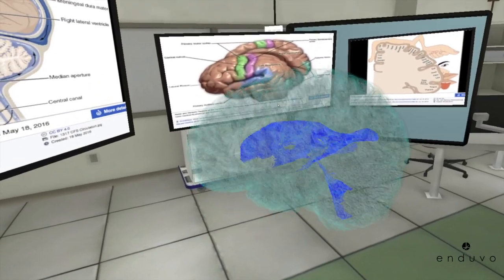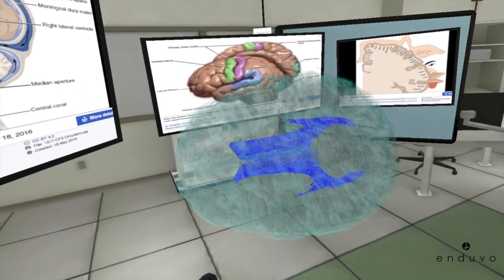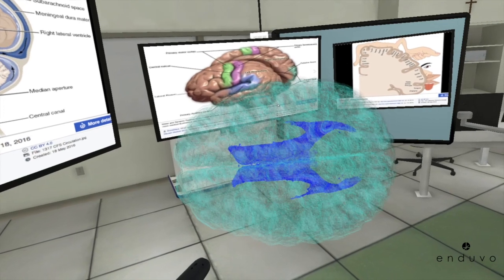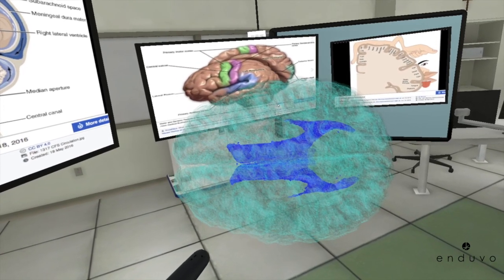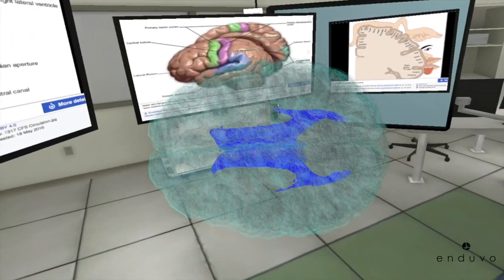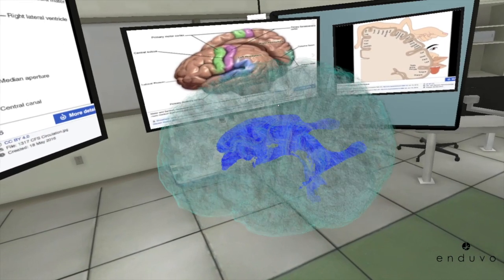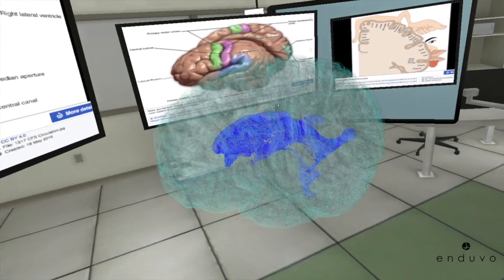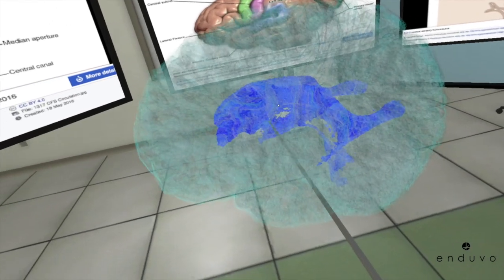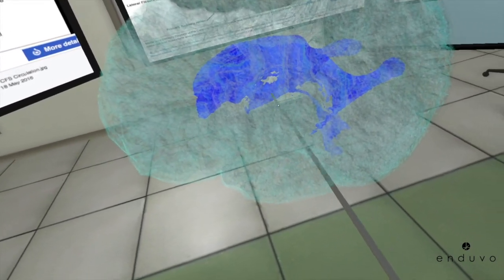So first we'll rotate the brain around to look at it from the top, and you can see the lateral ventricles that extend into either hemisphere. Those lateral ventricles come together into the midline, and then they go in through the interventricular foramen into the third ventricle,